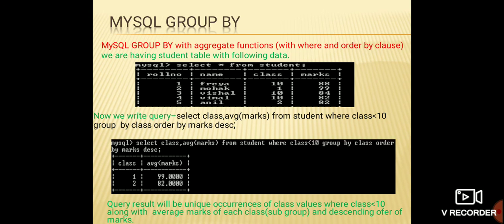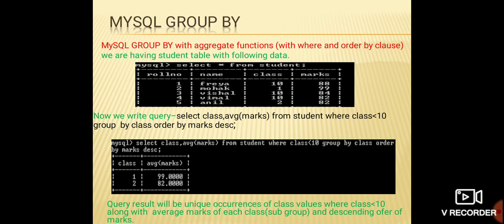Okay, so I have only two classes, like 1 and 2 class only, in which the student could study, since the question does not allow that I should take the class 10th data. So only 1st and 2nd class data it will take out, and whatever marks were entered for that class, it will take the average of those marks and display it in the output.